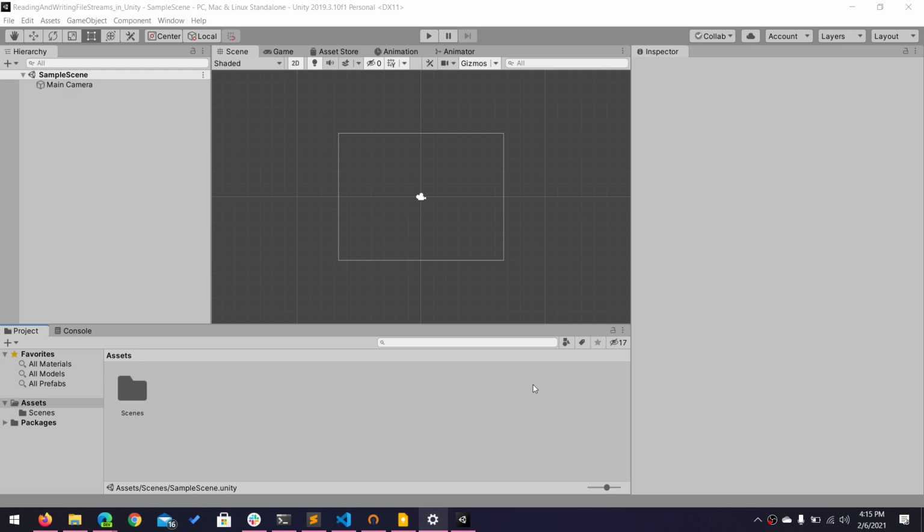And second, I want to say that the code you're going to see today is not specific to Unity. It works perfectly fine in Unity, and using this code in a Unity project should work perfectly fine on Windows or Mac builds. But the code you're going to be seeing is what I like to call C# agnostic, meaning it's pure C# code that'll work in any C# project. Now, to get started,